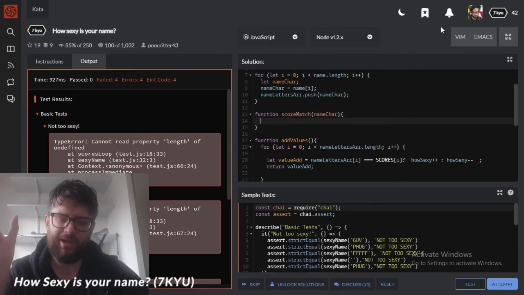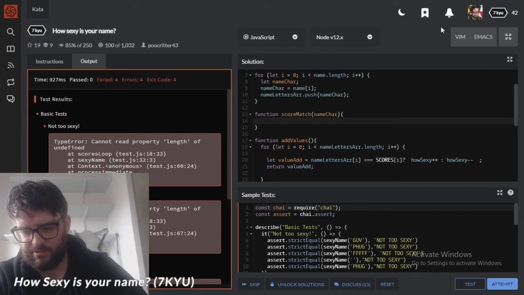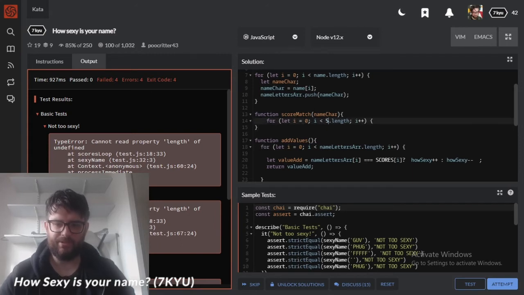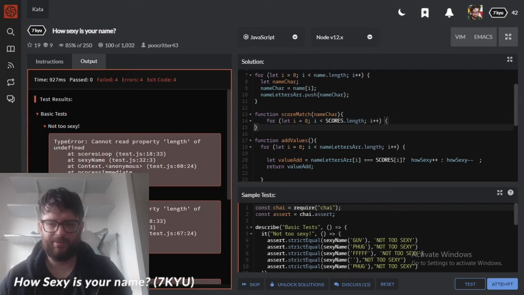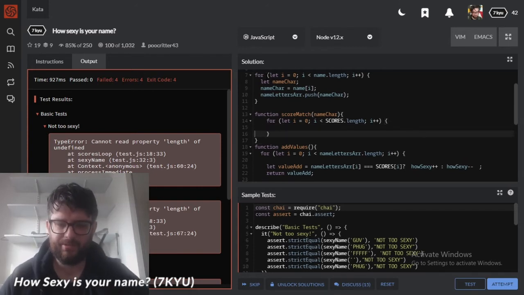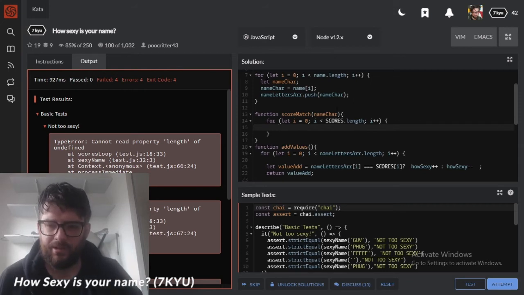So I want to match the character to the string, so I need to match that. I think I probably will need to do a for loop again, and then go through the whole thing. I don't know if this is a very inefficient way of doing it, but just off the top of my head, for loops aren't that bad actually. They're pretty standard programming things. So where name char equals score, scores